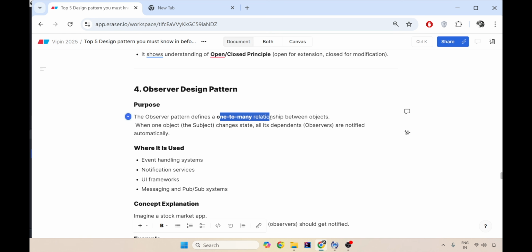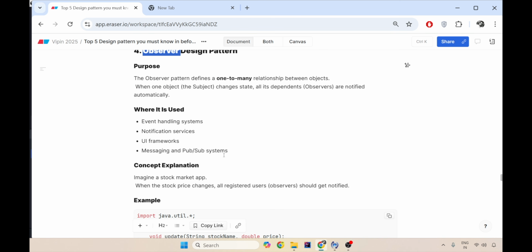plan for tomorrow. That is what an observer design pattern is, where you are going to publish something, all the 5 are going to observe and respond to you. So you are the subject and all other dependents are the observers. Now, where do you use it in real time? Again, a very good interview question.